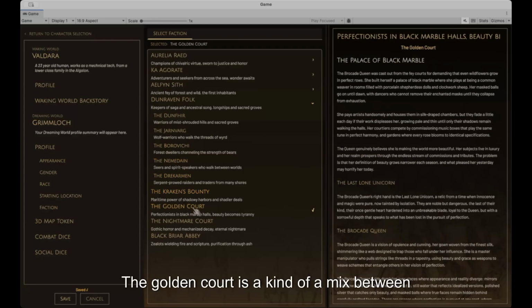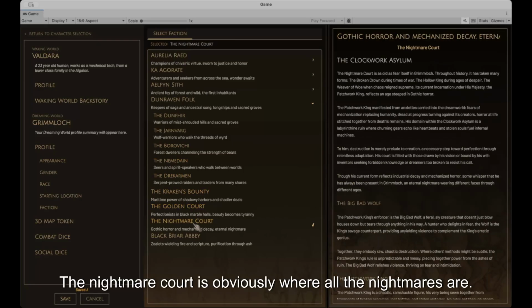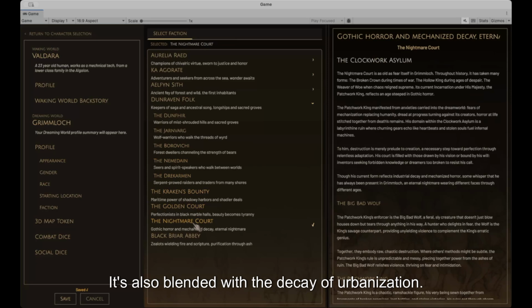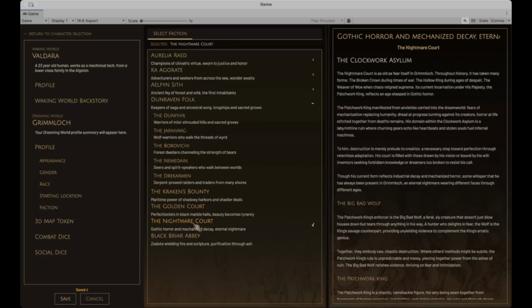The Golden Court is a kind of a mix between dark beauty, control. I've got a really cool longer write-up on it, but it is for people that are looking for that beautiful death setting. The Nightmare Court is obviously where all the nightmares are. It's also blended with the decay of urbanization that comes in the waking world.